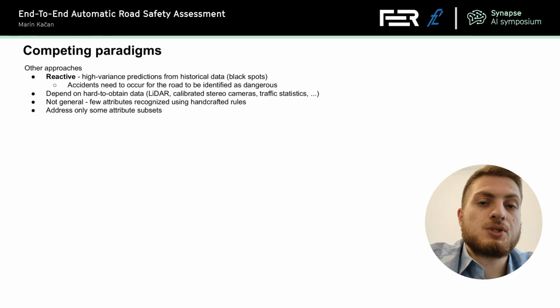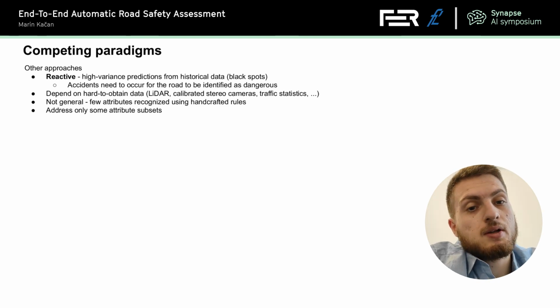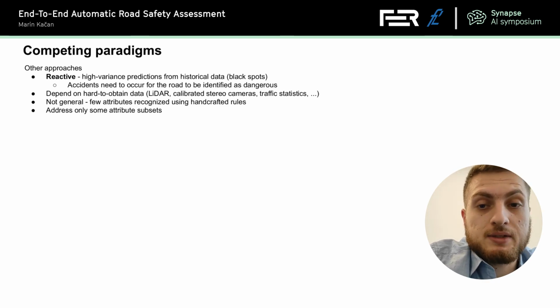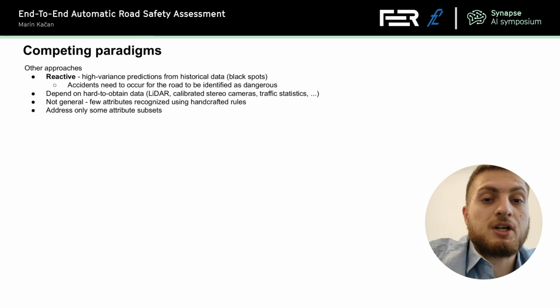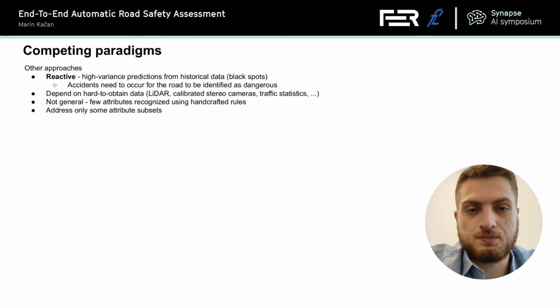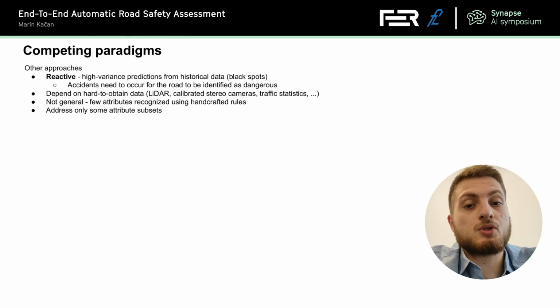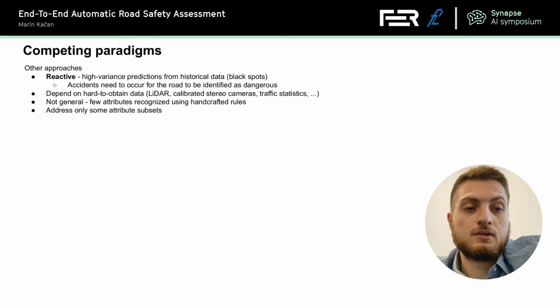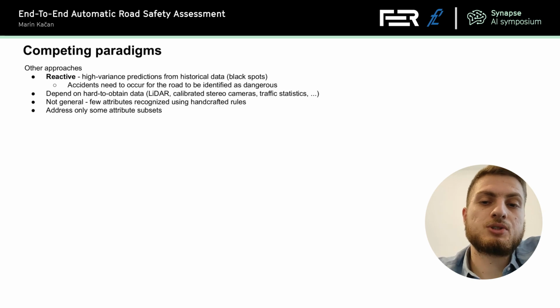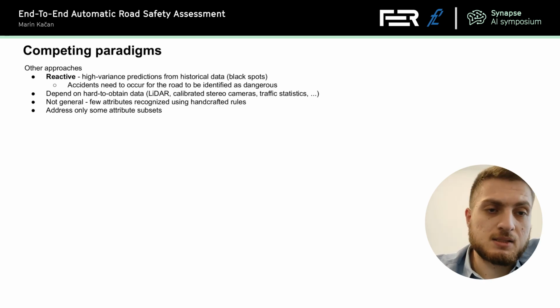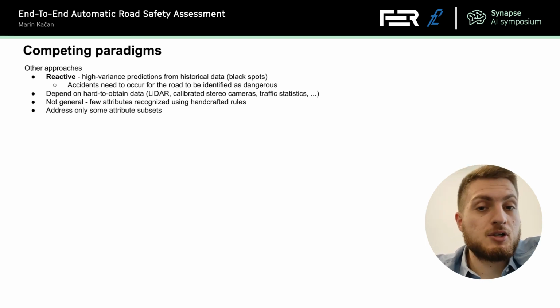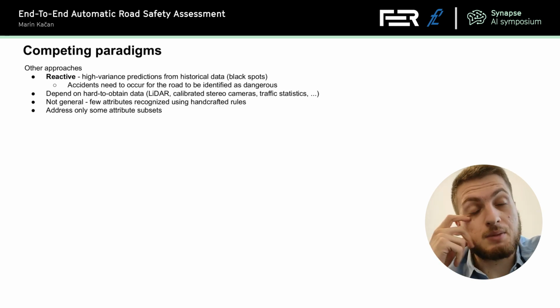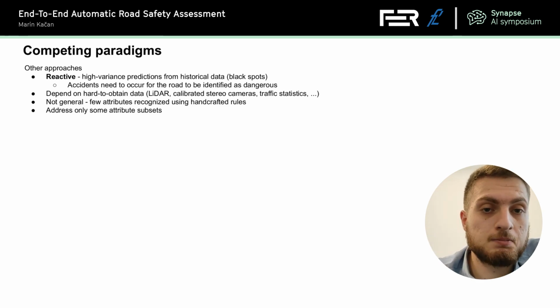A lot of the other approaches which assess road infrastructure require hard-to-obtain data such as LiDAR point clouds or images from calibrated stereo cameras or other data sources. Furthermore, a lot of the approaches are not really that general and don't tackle IRAP attributes directly. They use existing models to detect general objects and then use some handcrafted rules to connect those to IRAP attributes. And these systems might be quite brittle and hard to adapt to different attribute sets, and sometimes only tackle small